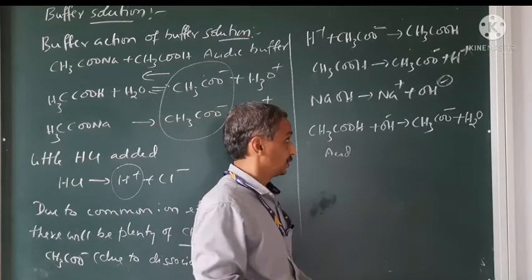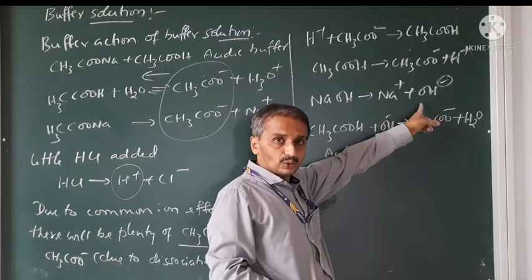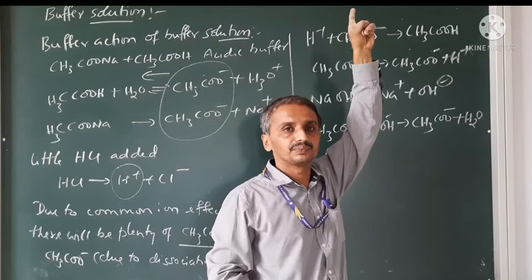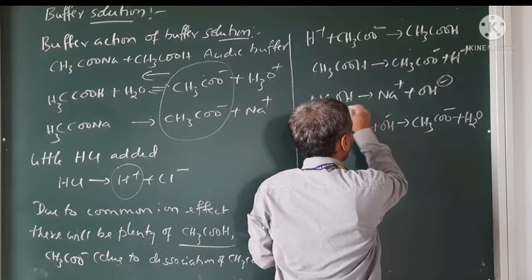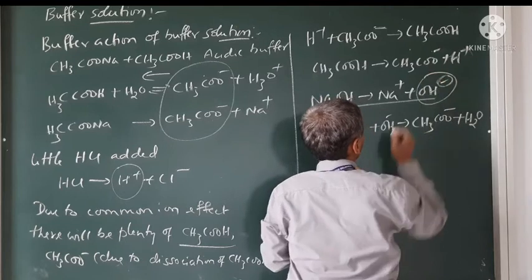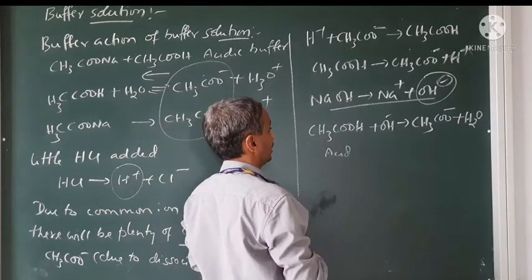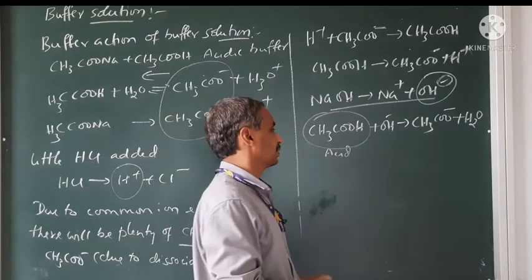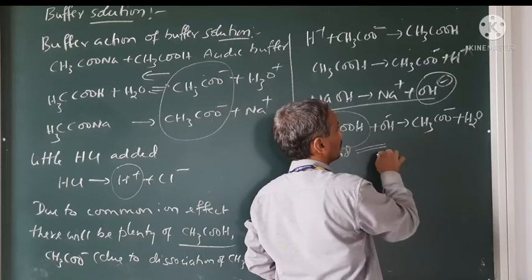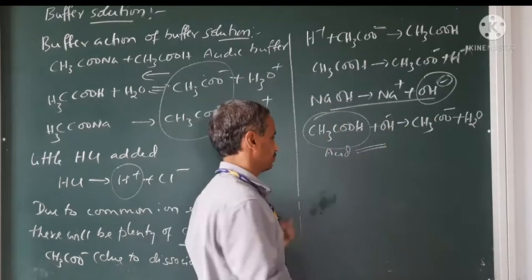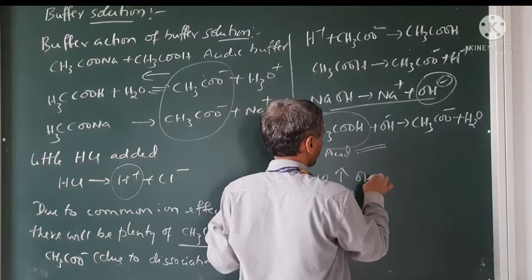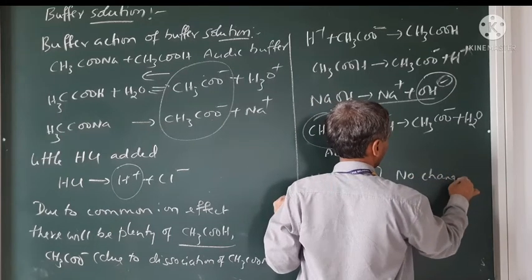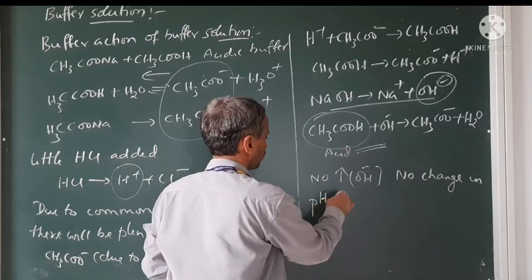See what happened here? When we add the sodium hydroxide, if the OH- increases over there, then the pH would have increased. But when we add the sodium hydroxide, we give the OH-. The OH- is immediately taken by the acetic acid for the acid-base neutralization reaction. Means this reaction will not allow an increase in the OH-. No increase in the OH- ion concentration, so no change in the pH. This is how the buffer works.